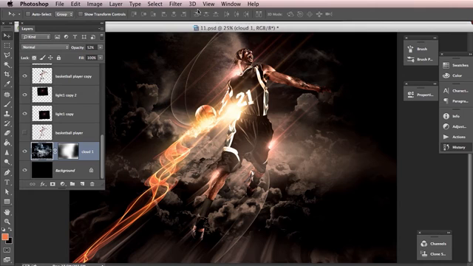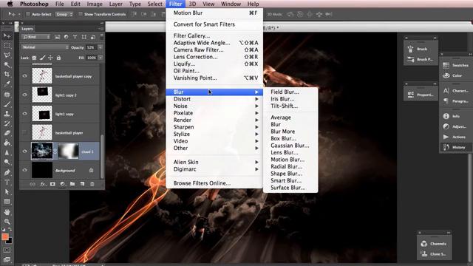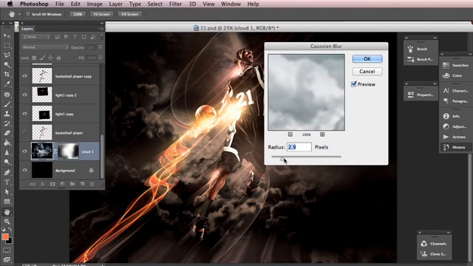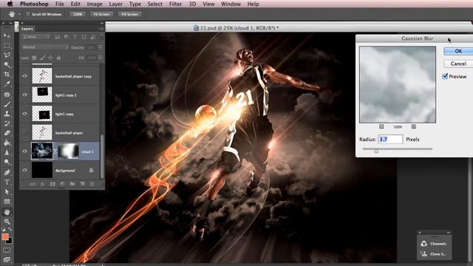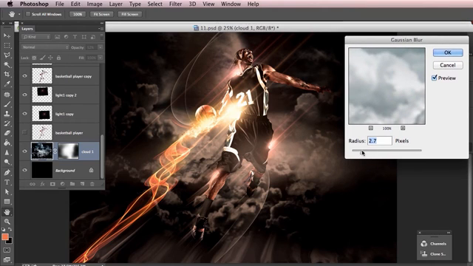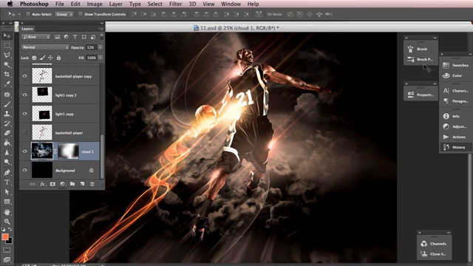And finally, let's go to filter, blur, Gaussian blur, and let's add some blur to the cloud image, which will bring out the foreground a lot more. Let's bring it down slightly to about there. Let's press OK. And there we have